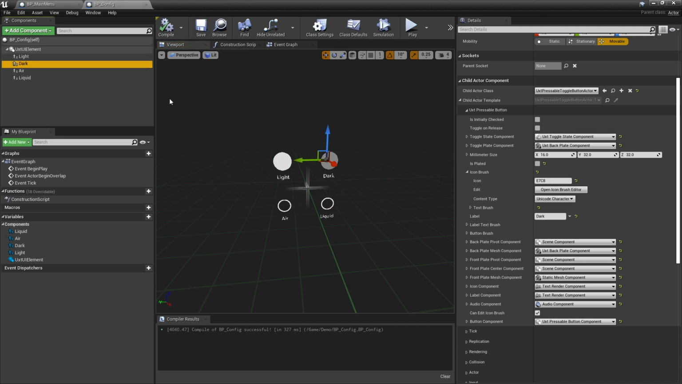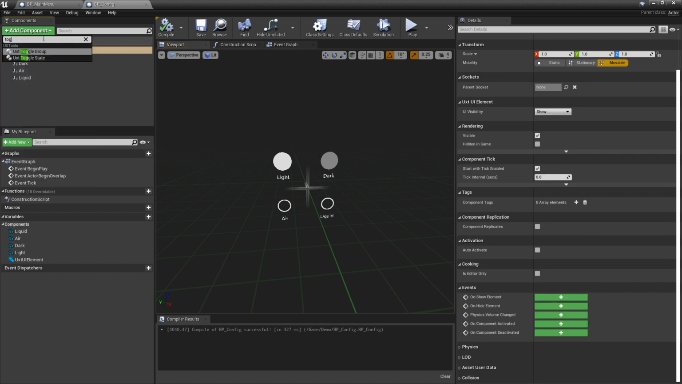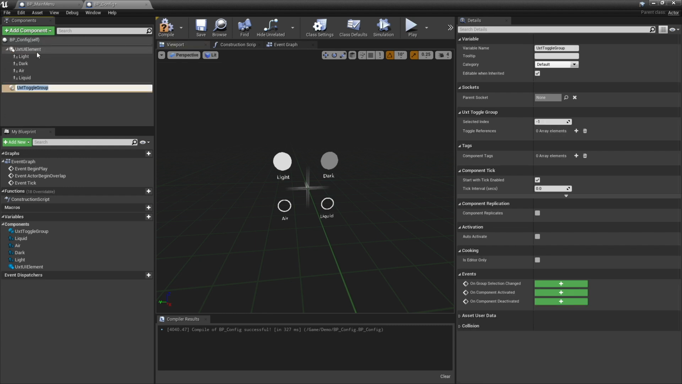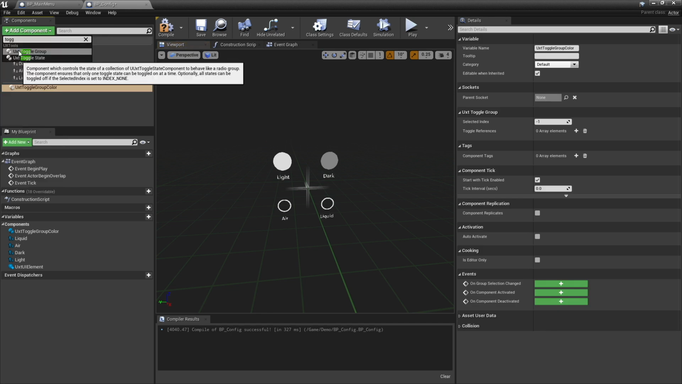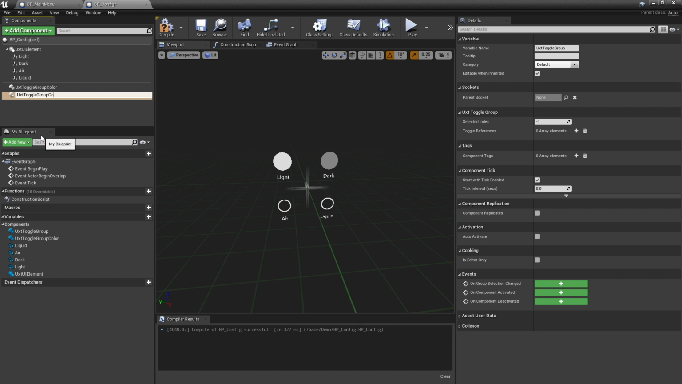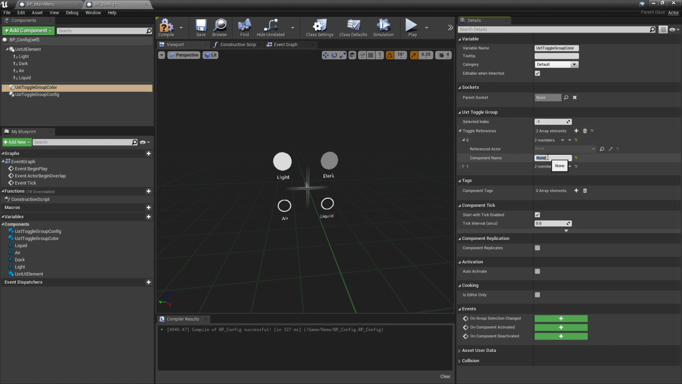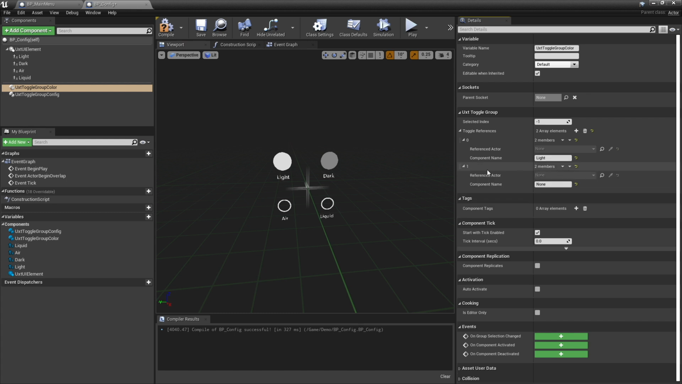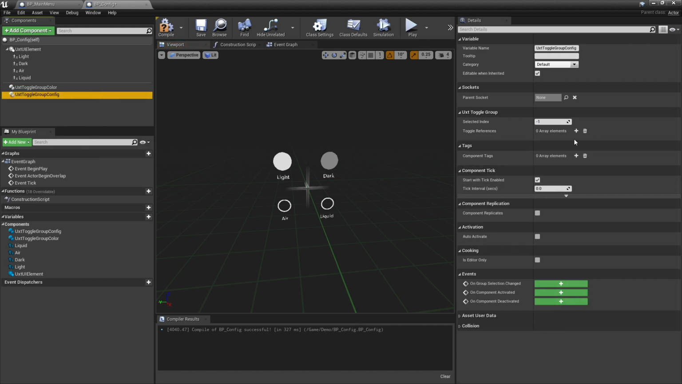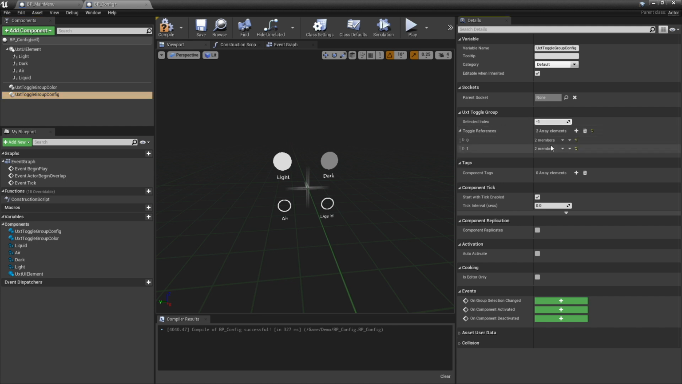And since we don't want to be light and dark at the same time, or air and liquid at the same time, we're going to add some toggle groups. So this is the toggle group for color, and then a second toggle group for, we'll call this config. So color, it's going to have 2 items, light, dark. We're going to start with light as the initial setting,